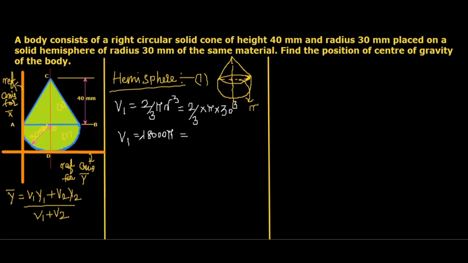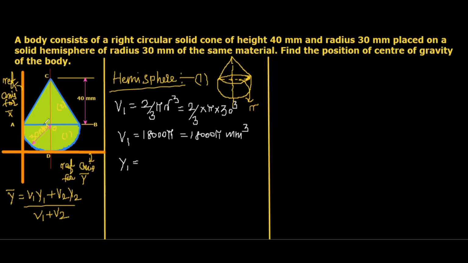That's why I just keep the value of volume in terms of pi. So this is 18,000 pi in terms of mm cube. Then Y1,